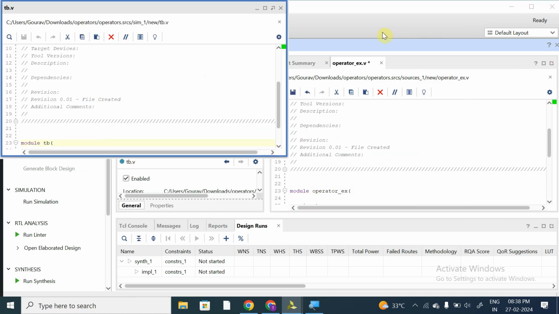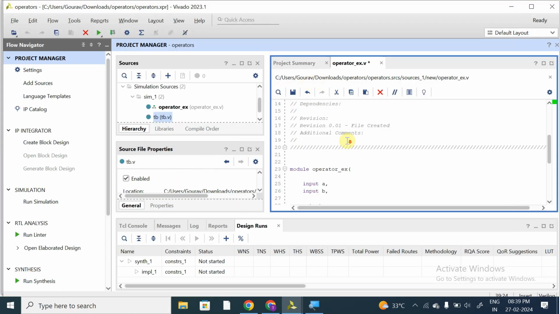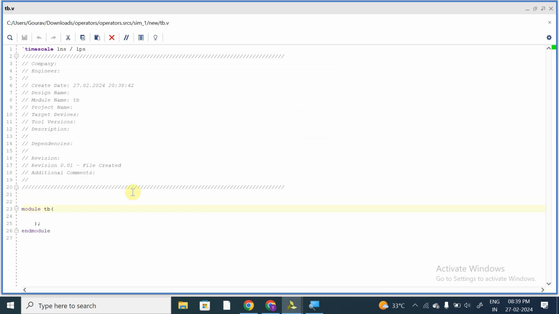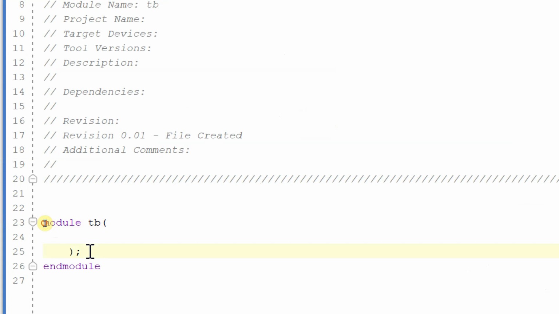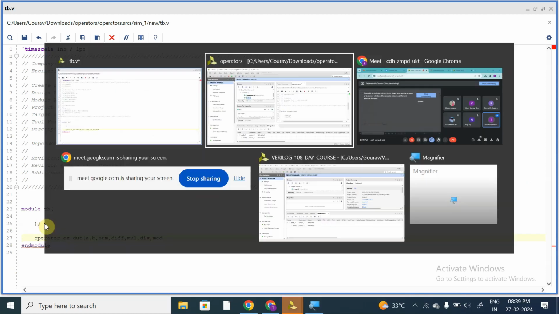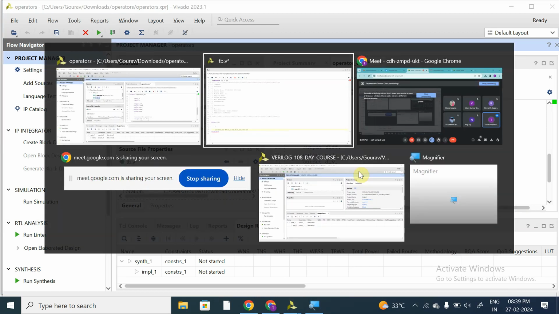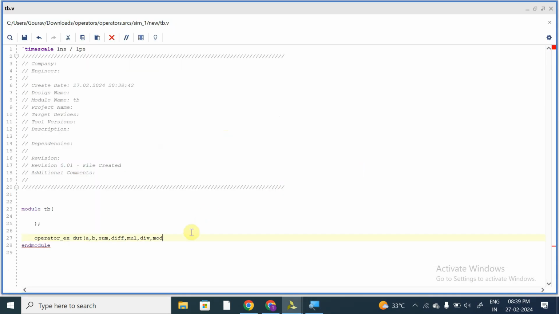So the file I have created for the test bench, and the design name is operator underscore ex. First I will instantiate it in my test bench. So operator underscore ex, which is our DUT. A and B are the inputs. Sum, difference, multiplication, division, modulus are our outputs. Am I right? Input A, B, sum, difference, multiplication, division and modulus are my outputs for now, and I will